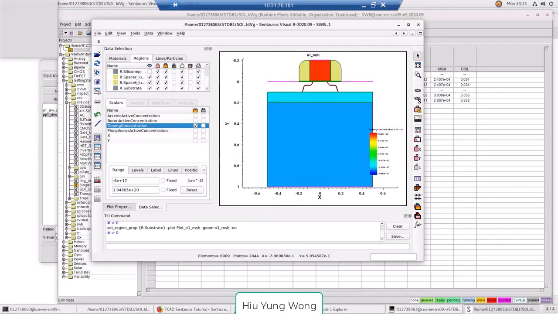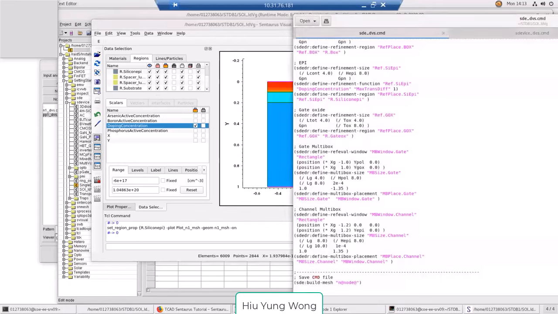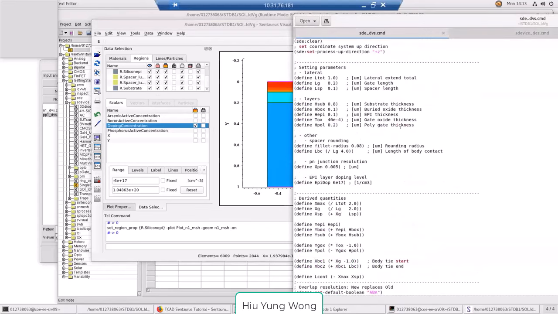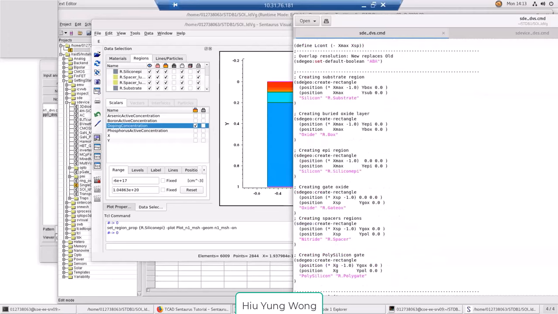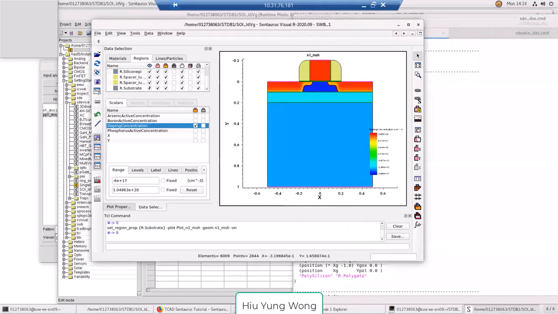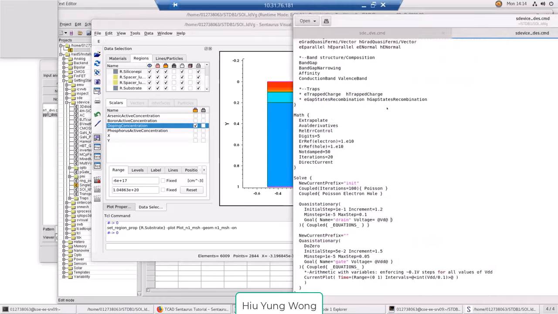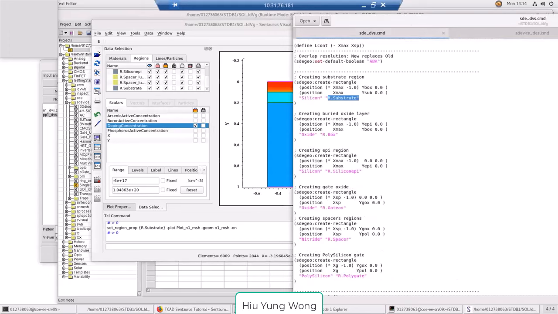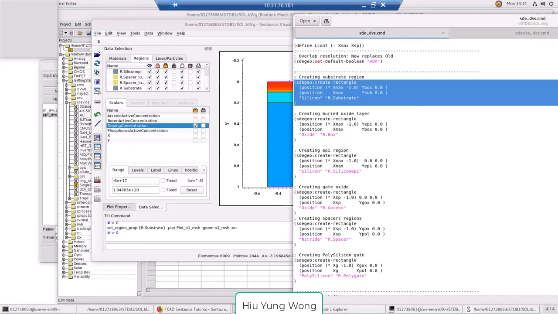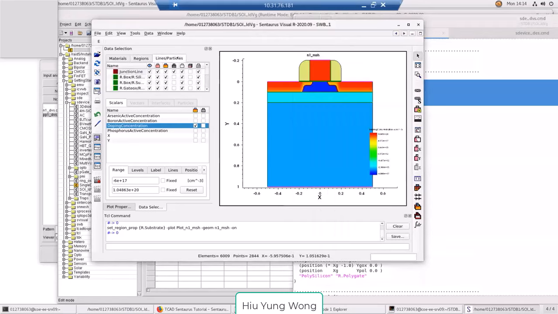Okay, how do we call this? We call this by the programmer, right? I can quickly show you. For example, I compare to this structure, this, what do you call this, input file? You see that? I say I create a rectangle with this position. The material is silicon. The region name is R dot substrate. That's how you see R dot substrate here. This rectangle corresponds to